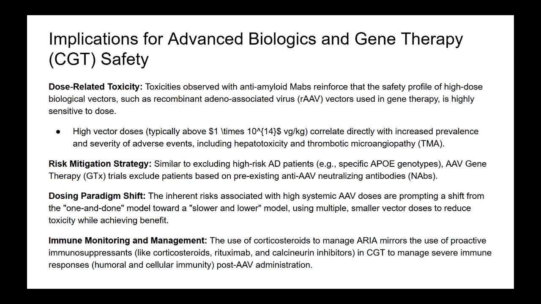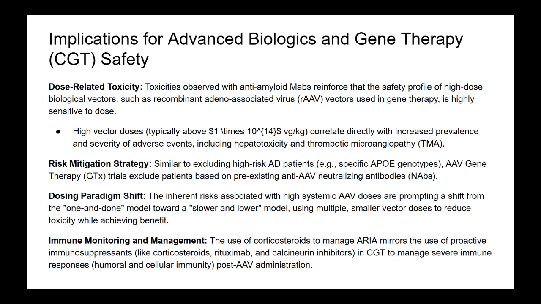Regarding the dosing paradigm, the inherent risks linked to high systemic doses of adeno-associated virus are prompting a reassessment of the traditional approach. Instead of a single, high-dose treatment, there is a growing consideration of adopting a more gradual method. This alternative involves administering multiple smaller doses of the vector over time, aiming to achieve therapeutic benefits while minimizing the